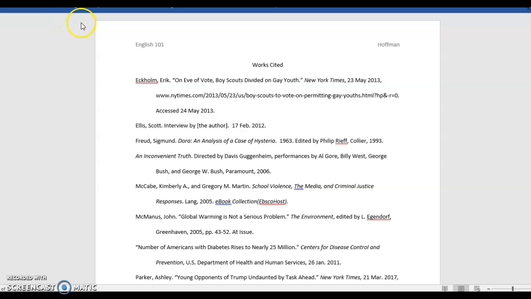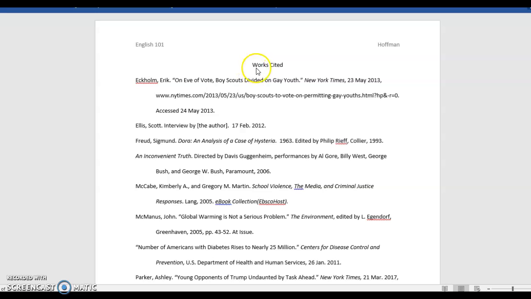Hi, this is the answer key to this semester's Works Cited quiz, in which you were to take a bunch of sources. You were given pieces of information about those sources. You had to decipher where to put what, in what order, with what punctuation, all in accordance with MLA format 8th edition. So as we look at this, first of all, you see it begins with Works Cited, centered on